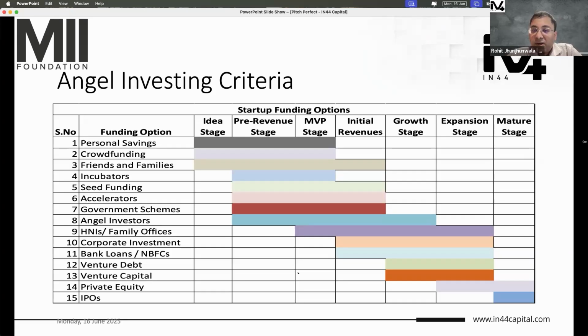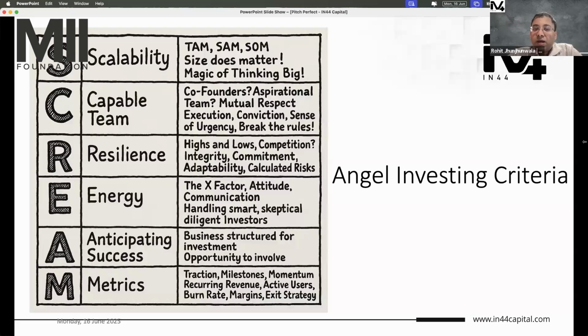So before going to angels, you have a lot of other options. You can go to accelerators, seed funders, incubators, friends and families, crowdfunding. All of these things India is open for, right? Before going to an angel investor. So they will ask you, why are you coming to me? Have you raised funds from your family? Have you invested enough of your own capital? Right? Why are you coming to me? Have you tried out everything else? And if you have answers for that, then it convinces them that yes, you have gone to all the places and you have enough traction or enough development done in your company before you come to them, and they can help you out. So an angel investor would probably be looking at a lot of these things.